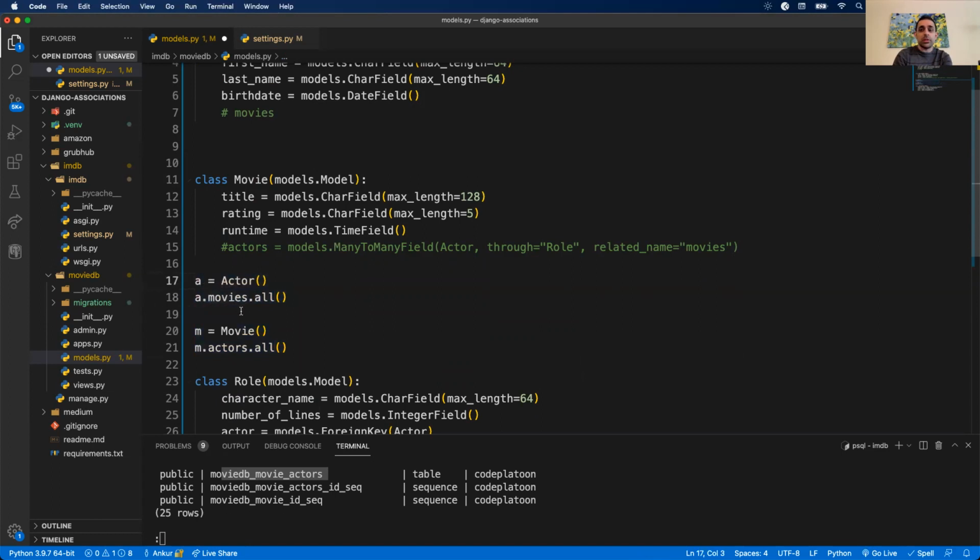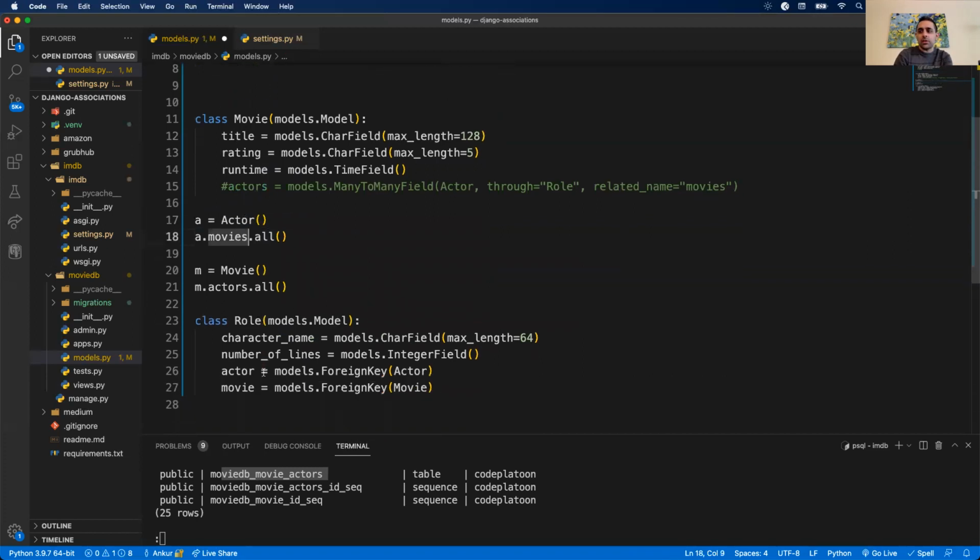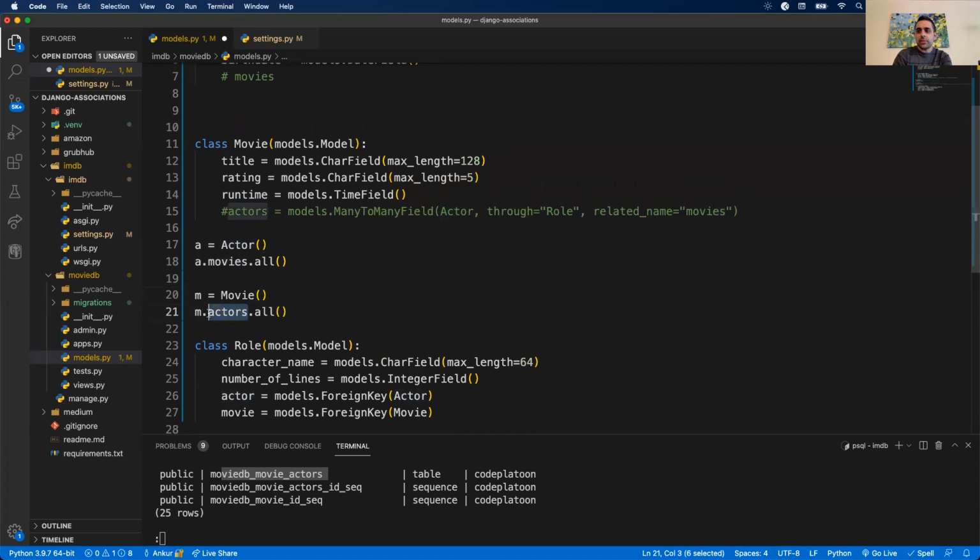And usually this is really beneficial to do. If I have a given actor like Tom Cruise or Daniel Craig, I probably want to know all their movies without having to look up stuff in the role table. So Django provides this functionality where you can automatically know the movies for this actor by having access to these fields. These fields are established in Django via many-to-many field as such. Does that make sense? So again, you don't always need the many-to-many field, but usually you do want it just to make life easier when you're doing queries and displaying data.